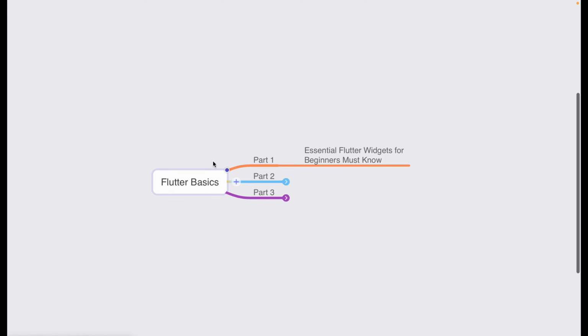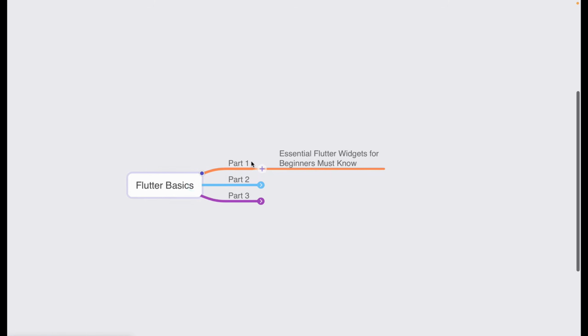Maybe if you are an absolute beginner in Flutter, you don't know what a widget is. Nothing. A widget is just a building block of Flutter. I'll explain in the tutorial. There are a lot of widgets in Flutter, and new widgets are still coming. But in this tutorial, we will only discuss the necessary widgets, around 9 or 10 widgets that we must understand